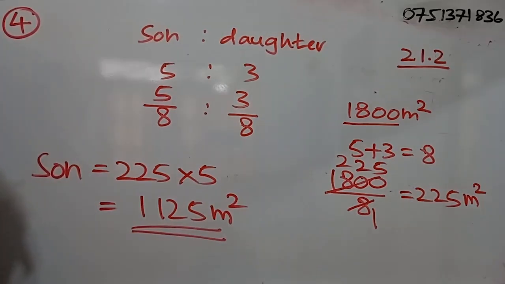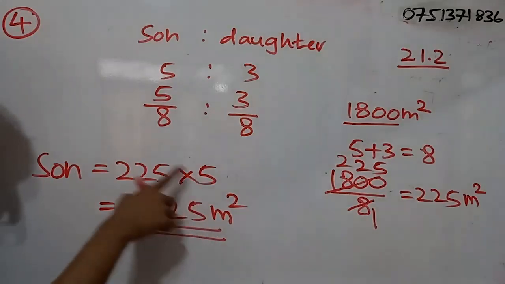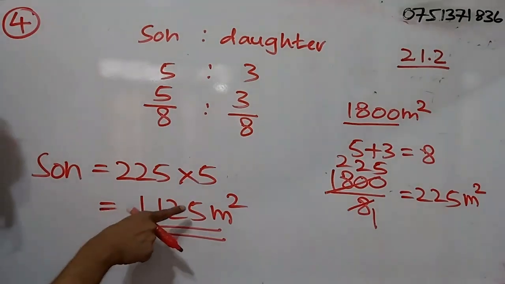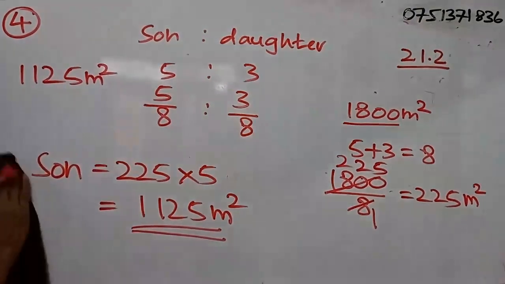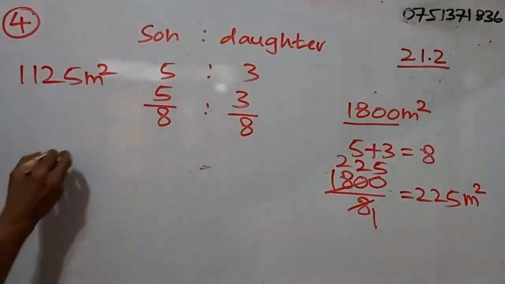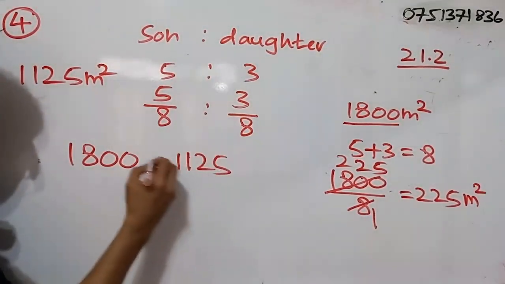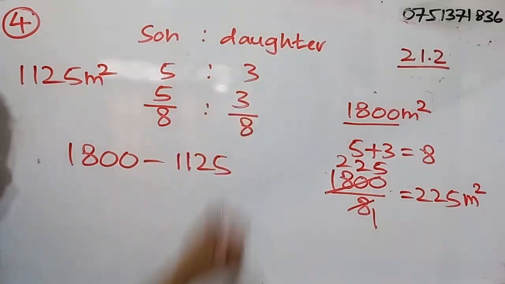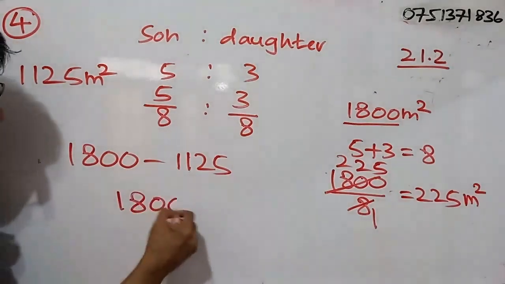Right? And we need to find the amount of land the daughter receives also. So what can we do? So this is the amount of land that the son receives now, which is 1125. So I will write it here. So the total amount of land is what? 1,800. So the son receives 1,125 square meters of it. So the difference means what? The amount that the daughter receives, right? So simply we have to subtract this. So 1800 minus